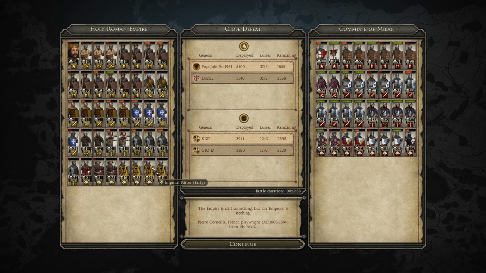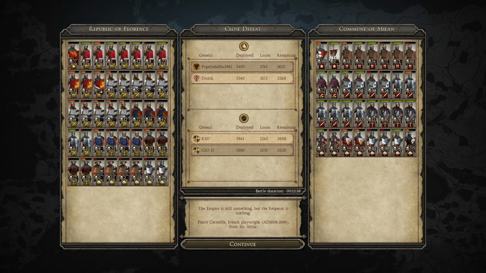My Cav, one got 143 kills. But yeah, pretty rough game for me. It was one of my worst games. Dot, still playing as the Republic of Florence, did a little bit better in some areas. 116 kills with a spear here. What else we got? 65 kills with his swords here. He's got his Cav, 198, 107 kills. A lighter one here with 118 kills. But again, not huge kills really for him either.